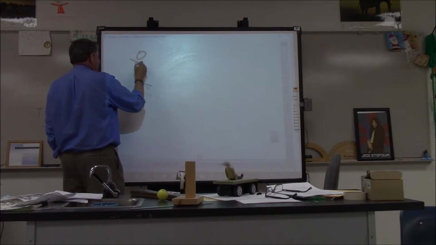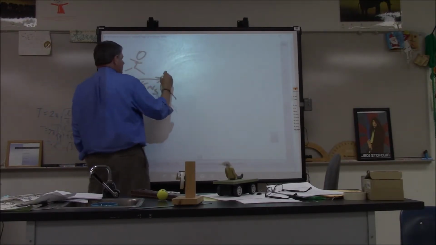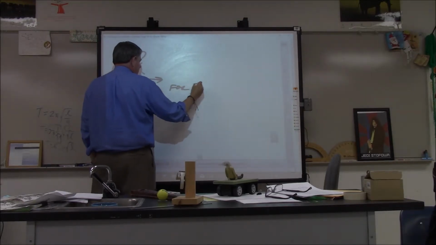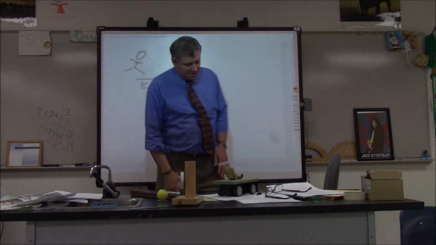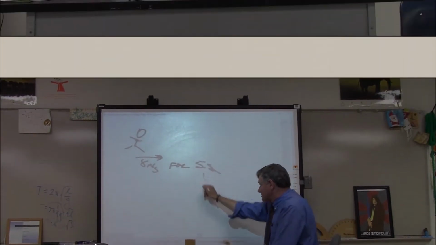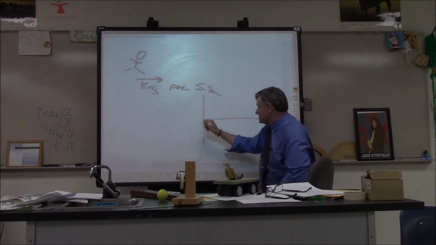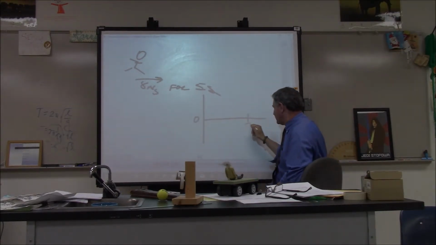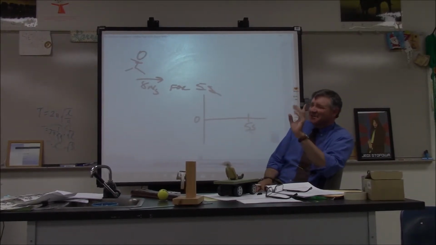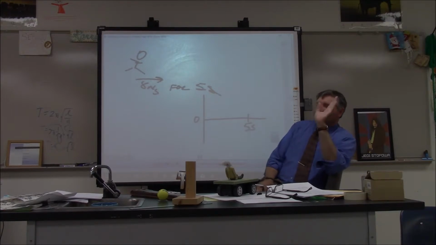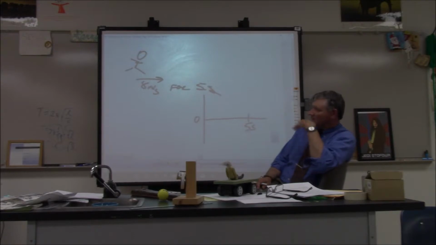Shively's here, right? And he's running at a constant velocity of 8 meters per second for 5 seconds. Okay? That's what he's going to do. So, Olivia, here's the velocity time graph. How can I show Shively running at a constant velocity of 8 meters per second? Here's 0. Here's 5 seconds. What's that going to look like on a velocity time graph?